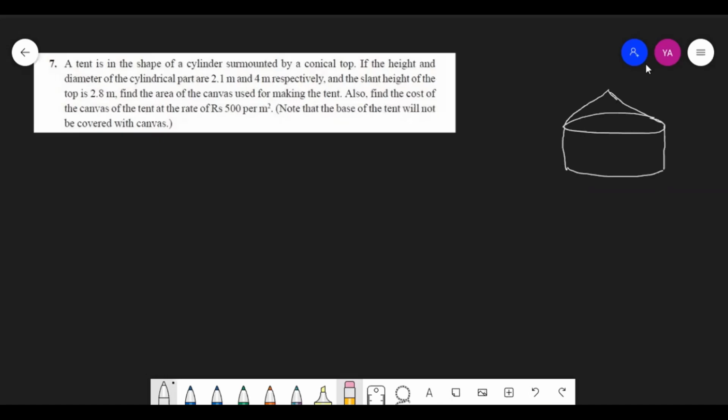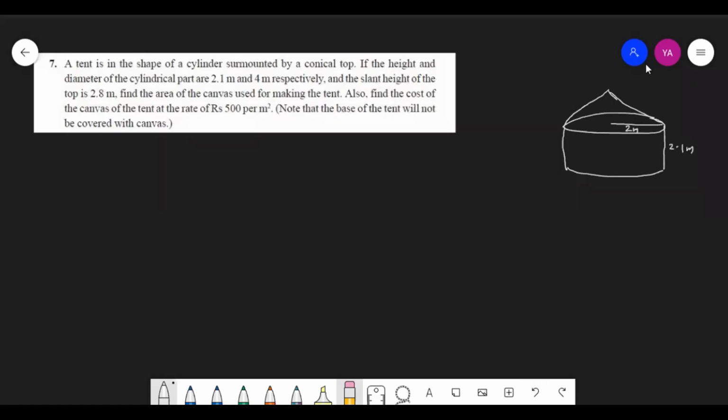The height is 2.1 meter, so we write 2.1 meter here, and the diameter of the cylinder is 4 meter. I think it is better to mark the radius, as that is what we need in the formula. 4 is the diameter, so the radius will be 2